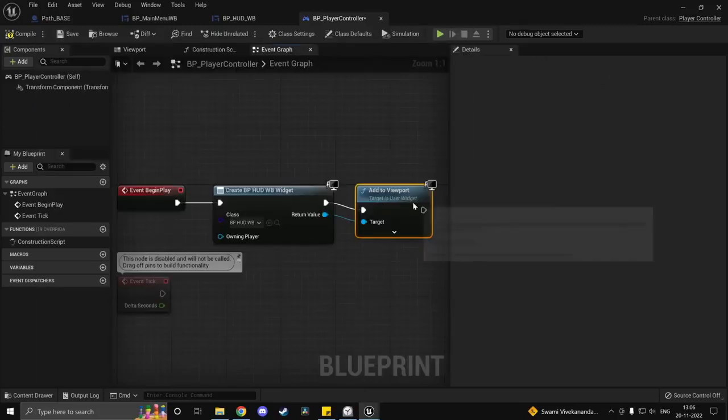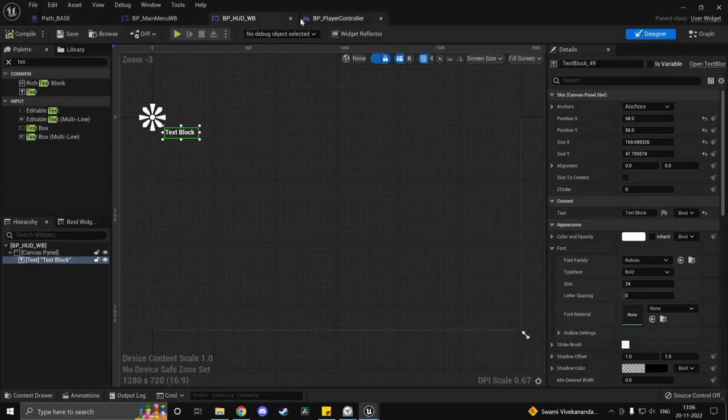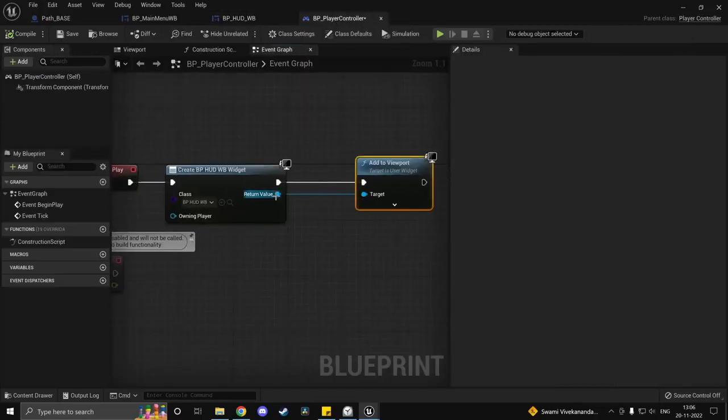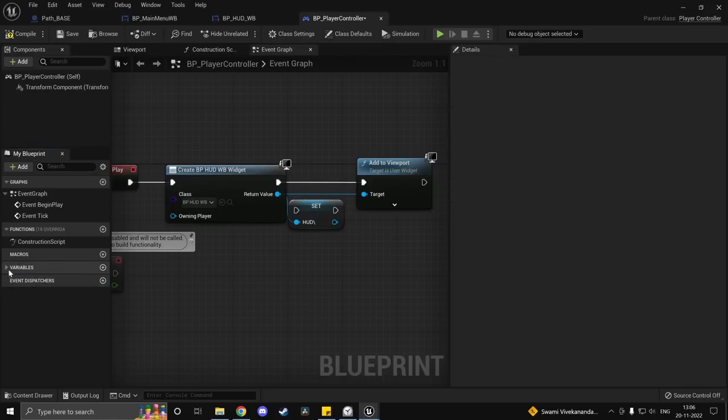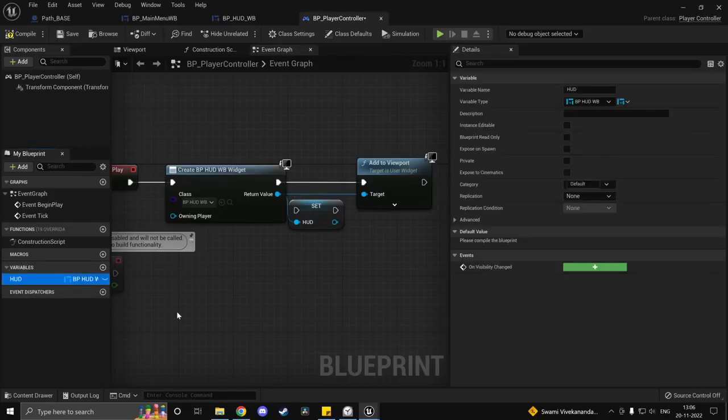Right, so let's look at our time. We don't have much. I think it'll take probably just a little over 2 hours, but it'll be done. So once we create this, we can grab a reference. So promote this to a variable, and we'll call this one HUD. Now I don't recommend you guys use bindings, but I think in this case, just to make this real quick,